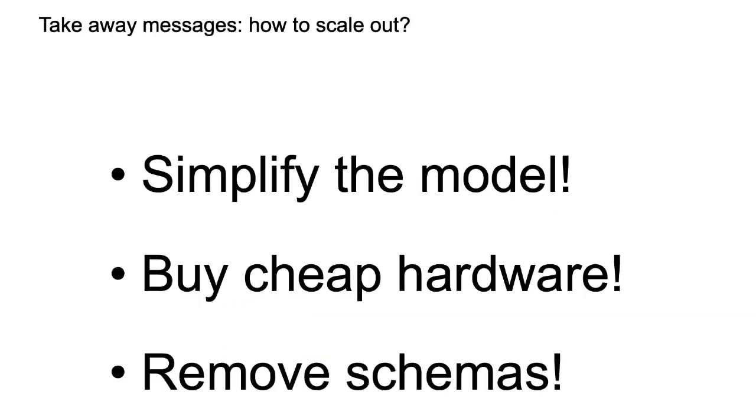All right, so what did we learn? We learned to simplify the model, a flat key value model for object storage. We learned to buy cheap hardware, plenty of cheap hardware, instead of trying to have very expensive machines with a lot of CPU and memory. So plenty of hardware, thousands of computers in the same room. We also removed the schemas, in the sense that key value doesn't have any hierarchy anymore, like a local file system on your machine. But I don't want to get too much into that. I say a few more words on that in the master's edition of the lecture.